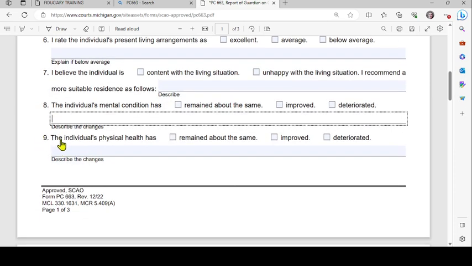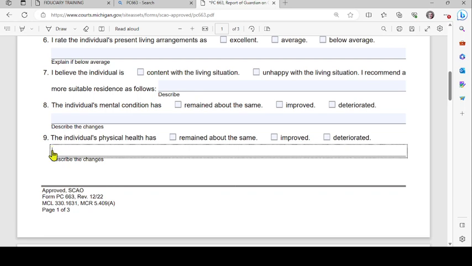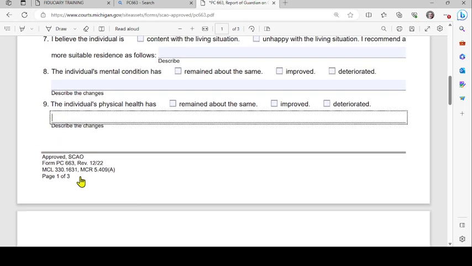Number 9, the individual's physical health has remained about the same, improved, or deteriorated. Check the appropriate box, and if there's a change, explain. Then at the bottom of the form on the left here, you'll see references to a statute, MCL